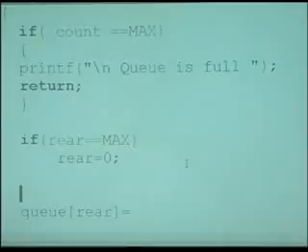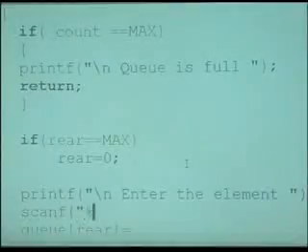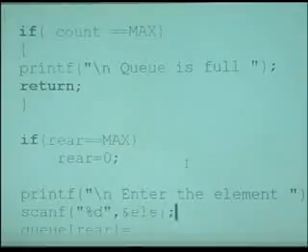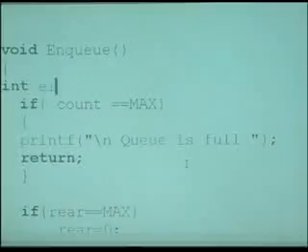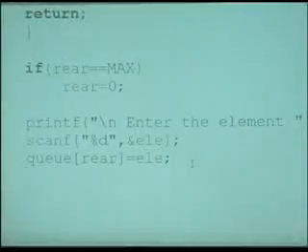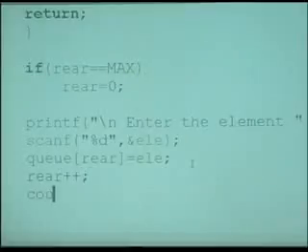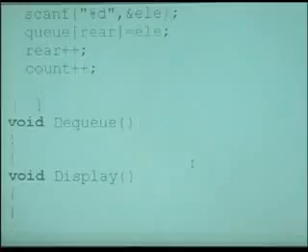Now here we have to ask the user: printf enter the element, scanf %d ampersand element, for example, element is of type integer, int element. So this element is added. After adding, rear will be incremented, and count, which was initialized to 0, has to be also incremented.